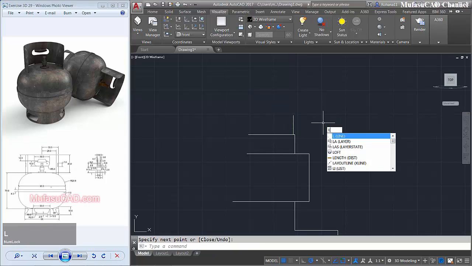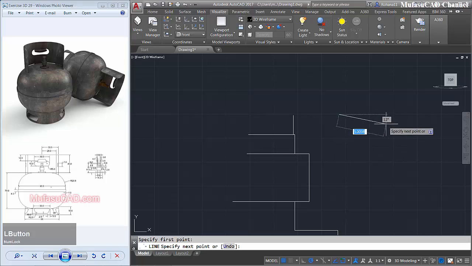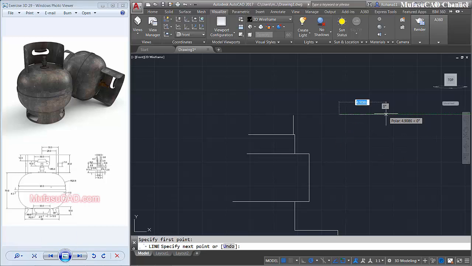We create a line, start from this point to the right here with length about 3.8.